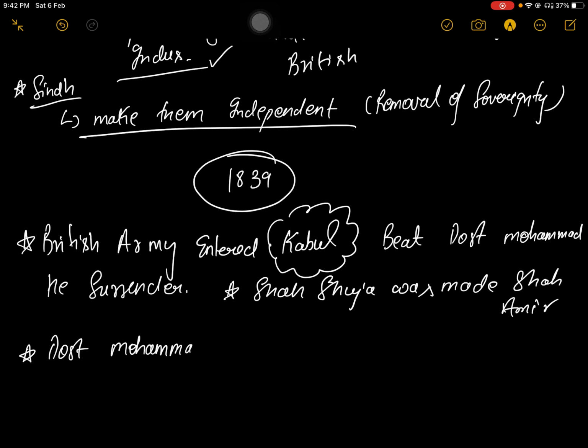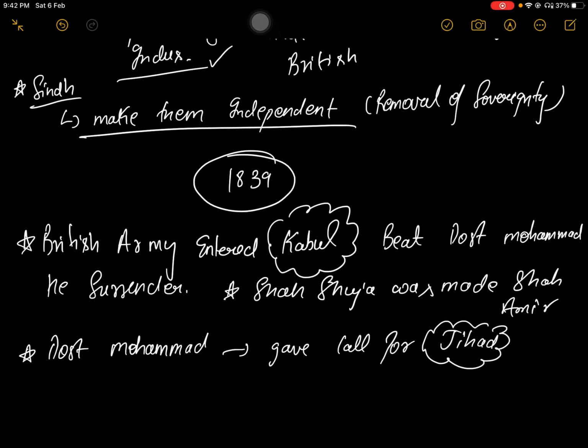this Dost Muhammad, and this is how it is connected to today, he gave the call for jihad. Call for jihad, sir. Against whom? Against the British, the Kafir, the Christian, or the Sikh army, whosoever they are supporting, sir. And Dost Muhammad gave the call for the jihad,